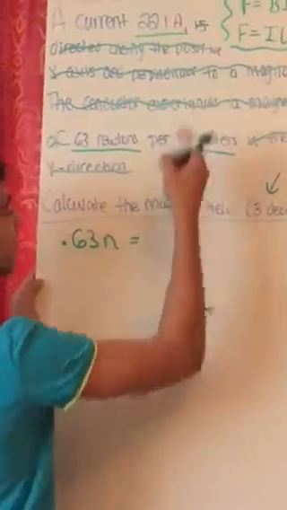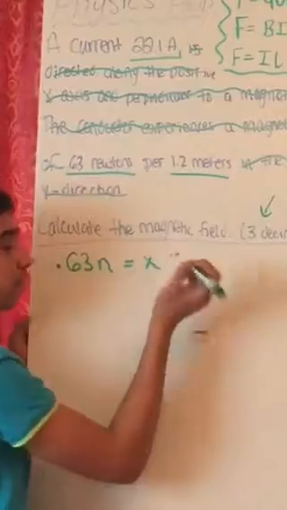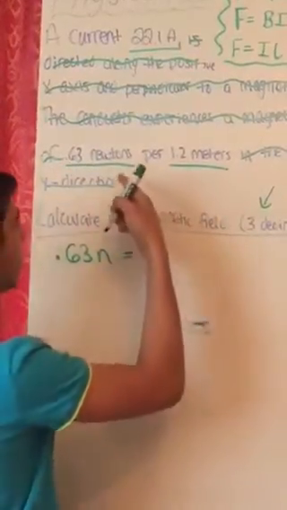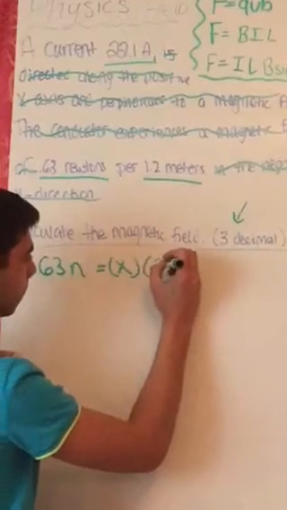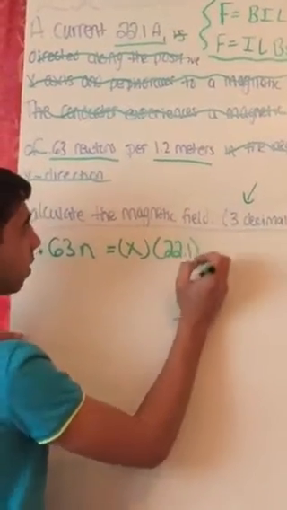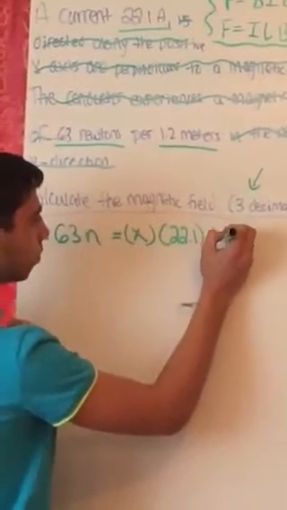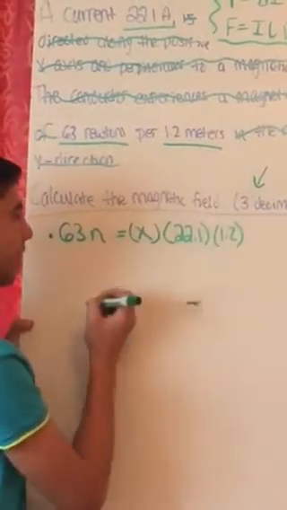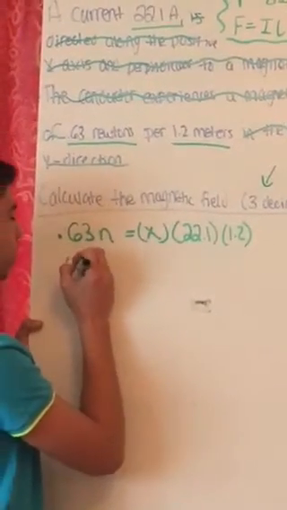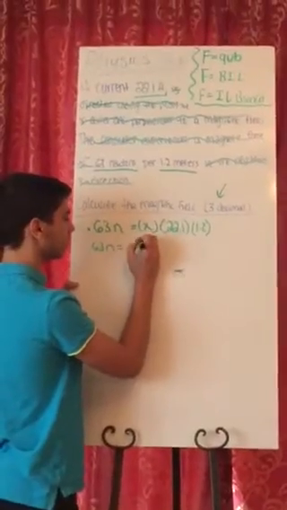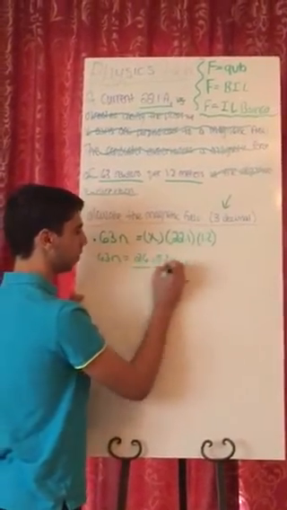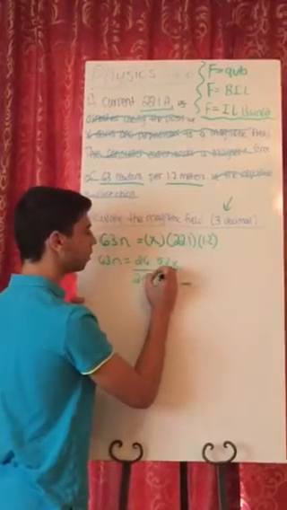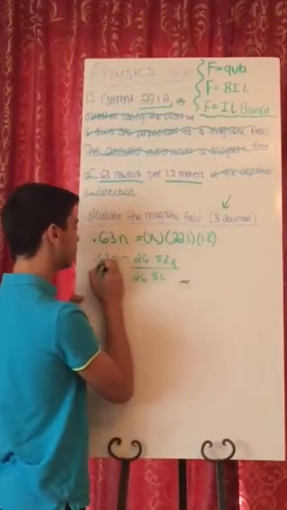equals B, which we'll just put x for the sake of it, times the amps, which is 22.1, and the length, which is 1.2. If you do the math, you get 0.63 newtons equals 26.52 x. If you divide by 26.52, so you get the variable by itself,